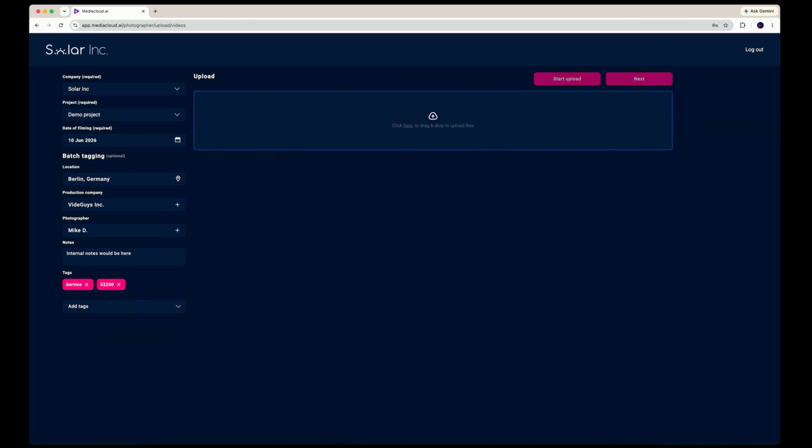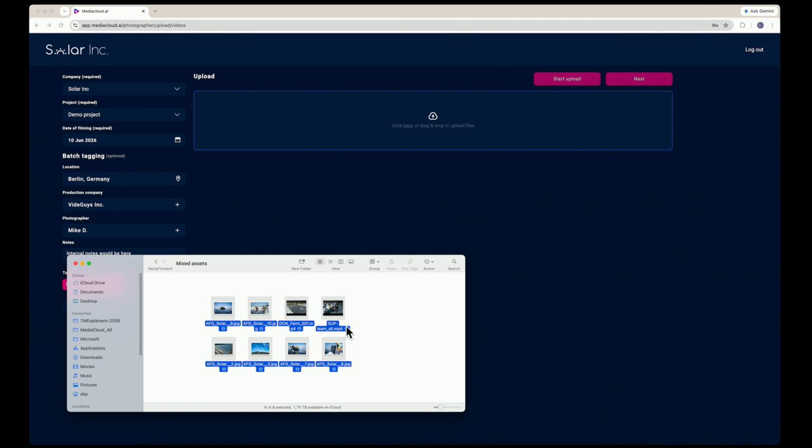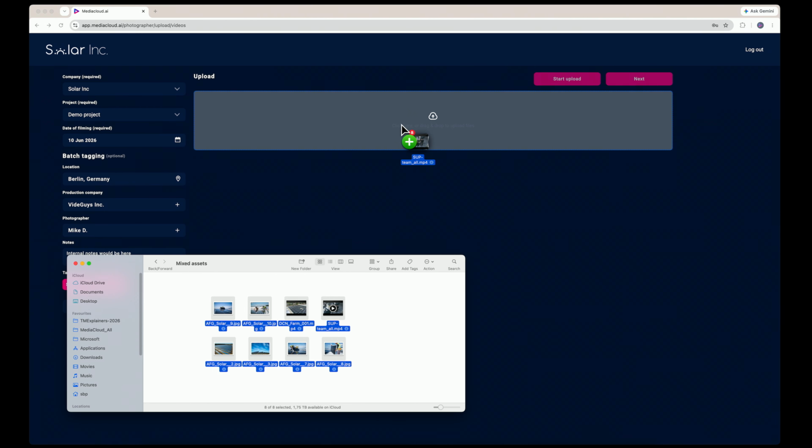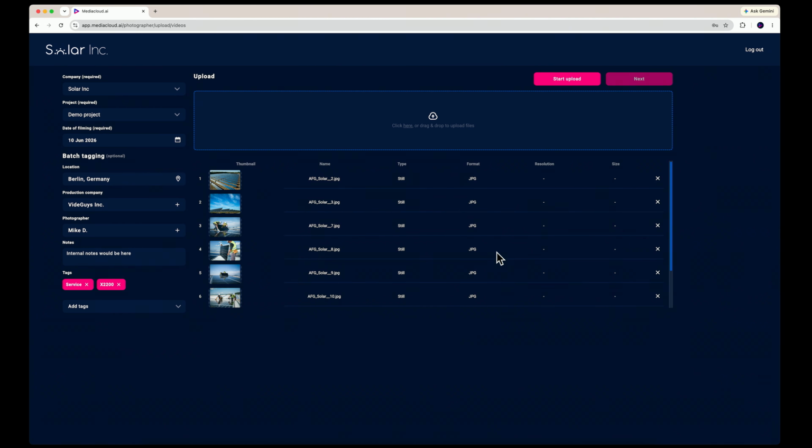So here on the computer, we see our freelancer login. And first we simply select the folder, pick the shoot date, and add all the important metadata like location, photographer name, and any other notes that the client would find very useful for this footage. We add that in this box here. Then it's a simple drag and drop into this section here. And I do have a mix of both videos and images here for the purpose of this demo.